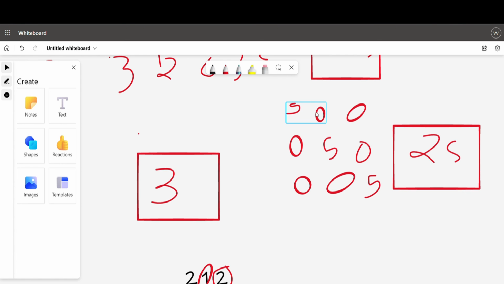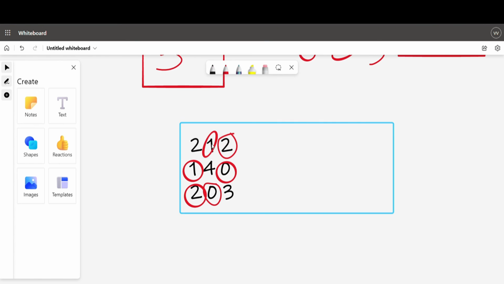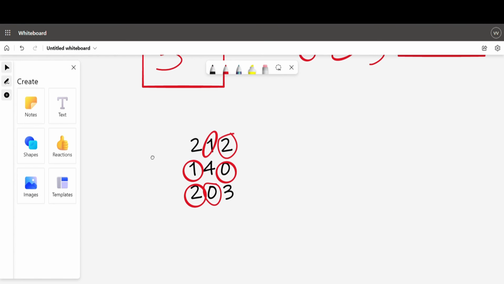So basically our task is to make this number 0, and for the particular, I mean if this number is 5, we need 5 swaps to make it 0. If this number is 2, we need maximum 2 steps, 2 swaps, to make it 0, like this. So what we did is we simply sum up these three numbers,